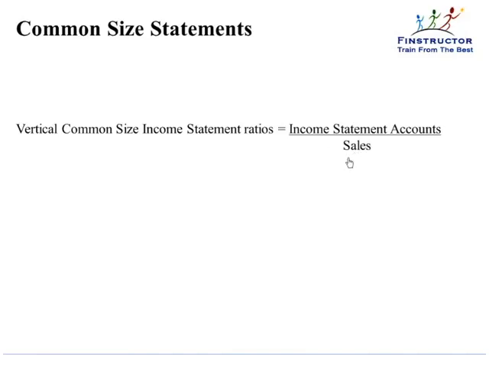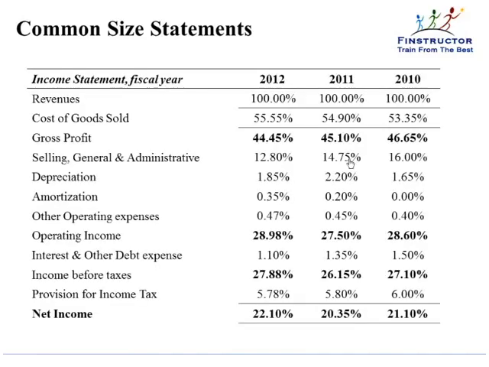So these ratios give us an indication of the profitability of the business. As we'll see in the example, for 2012, revenues as a percentage of the revenue would be 100%. The cost of goods sold, which we studied earlier, are mainly raw material costs, are 55.5% of the total sales. So whatever we earn, more than half of it goes away in raw material expenses. What is left is called gross profit, and gross profit divided by the total sales would be called gross profit margin. That is